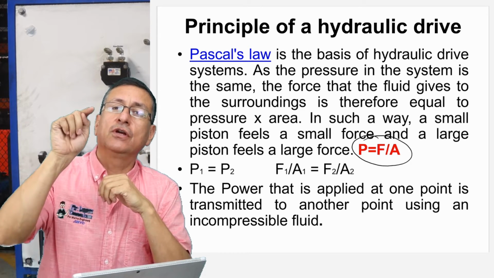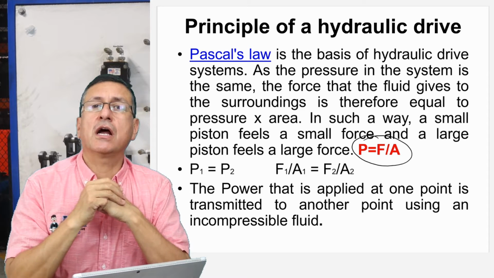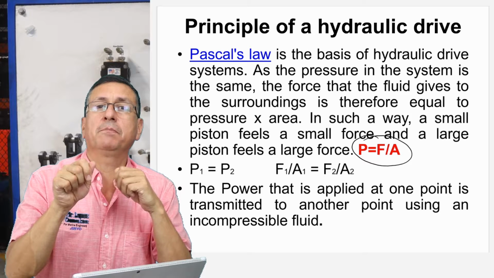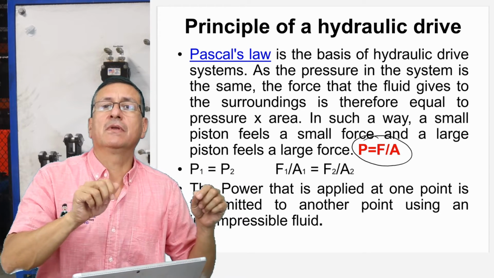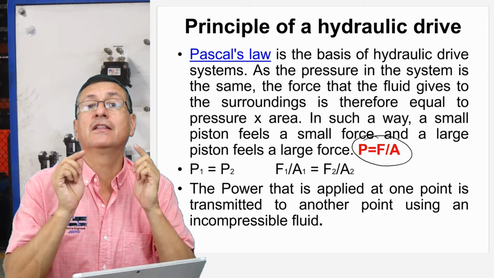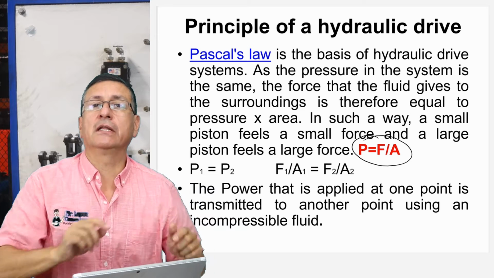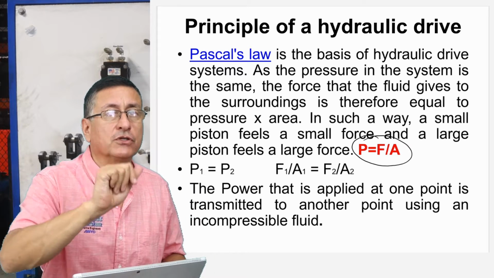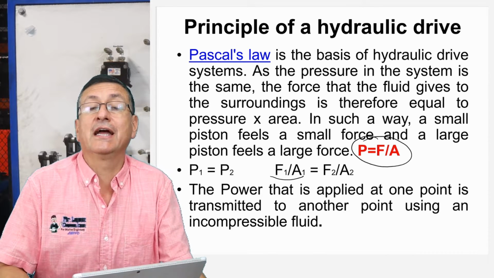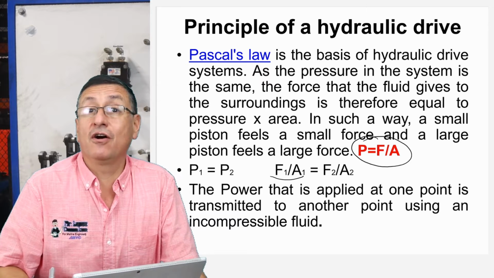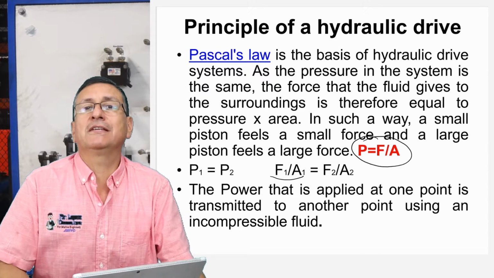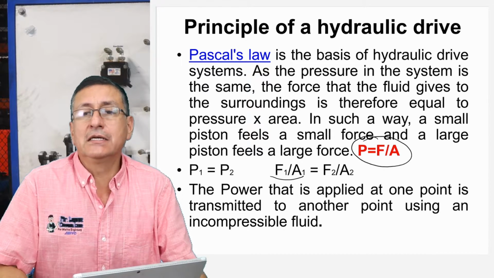Exactly. For that reason, in the brake system in your car, when you apply the brake pedal, that force that you apply in the brake pedal is transmitted in all the system and finally in the pads on the discs. It's because the pressure is constant. The pressure is constant, not the force. Because if you check the formula, pressure is equal force divided by area. So the force changes depending of the area of the pipes. And right now we are going to analyze that situation, especially in actuators, in cylinders.